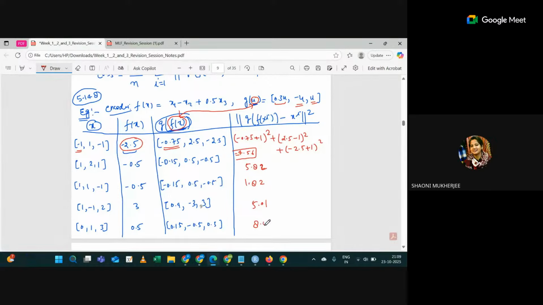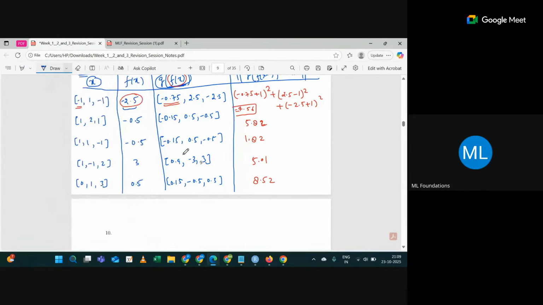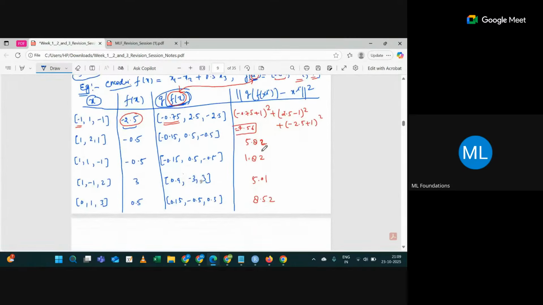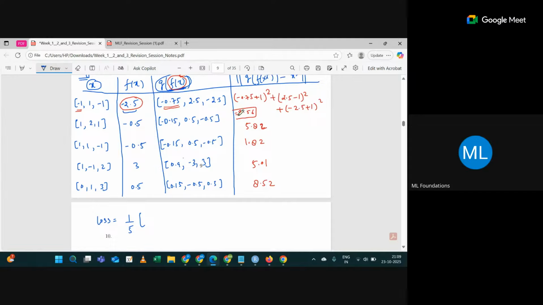8.52. Okay, very good. So let's say, what is basically the loss? Loss is 1 upon n and summation of all these. So what is the loss? Loss is 1 upon 5 and summation of all these. So it will be